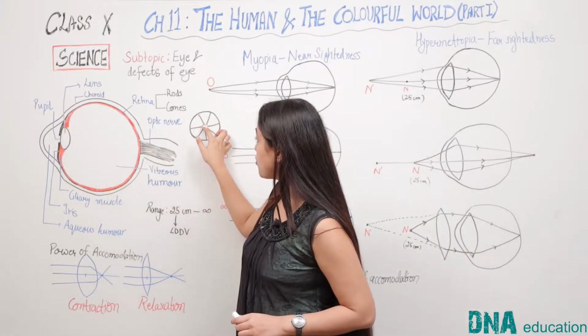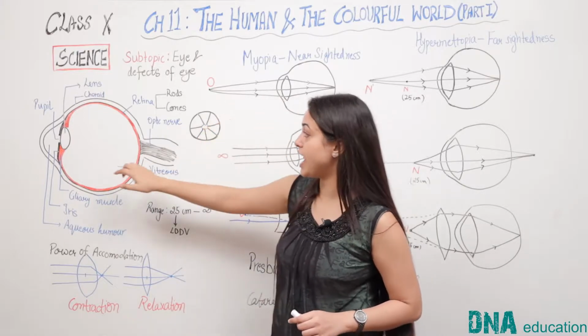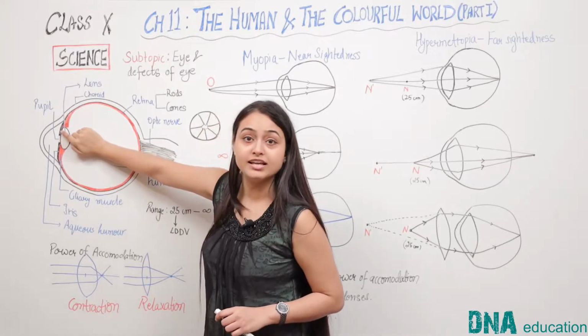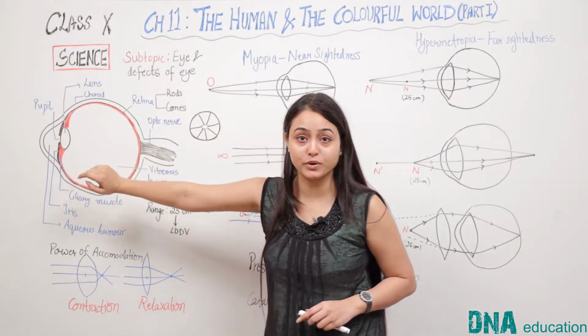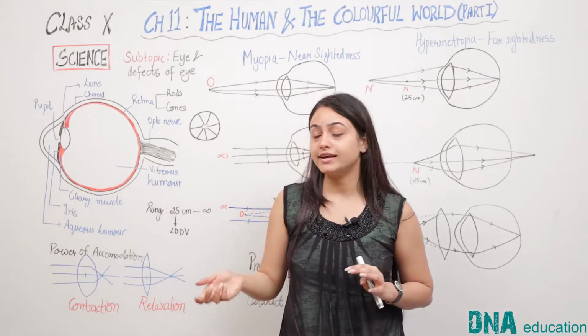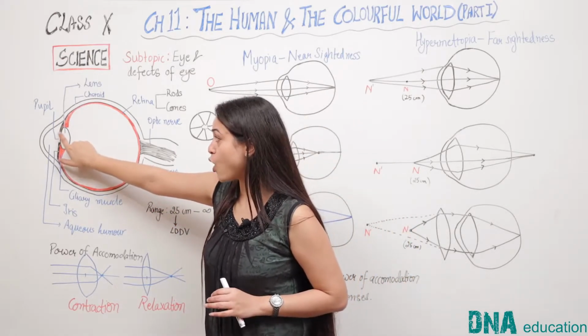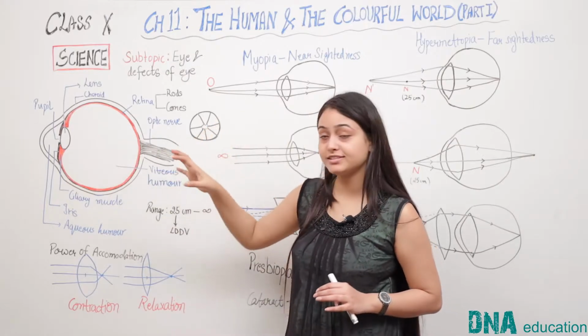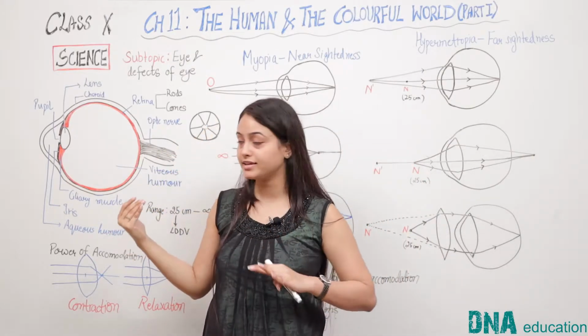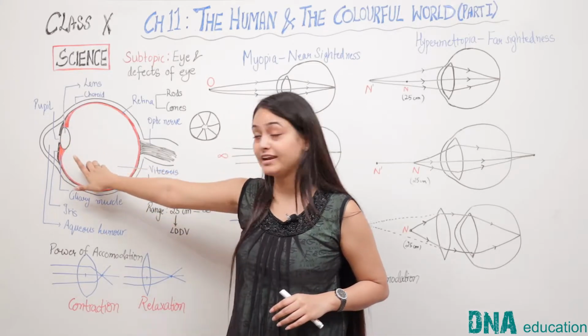Now this small hole in the membrane of the iris, this aperture, the gap in the iris, represents the pupil. So pupil in itself is not a separate structure, it's just a gap or the aperture left in the iris, and it is that point from where light rays enter into our eyes and fall on the crystalline lens.